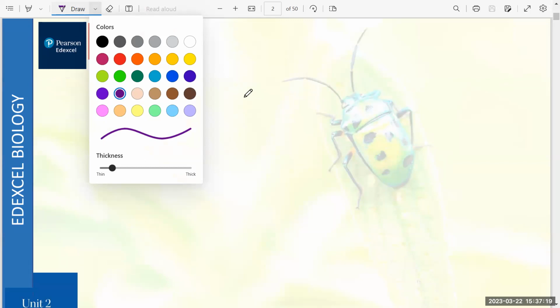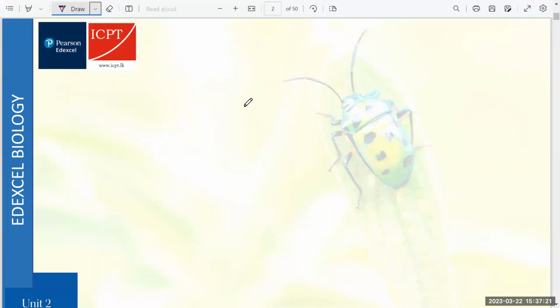Right, so we continue with fertilization in mammals. In the last class we have looked at how there are many sperm cells, millions of sperm cells, like 500 million. When one sperm cell first arrives